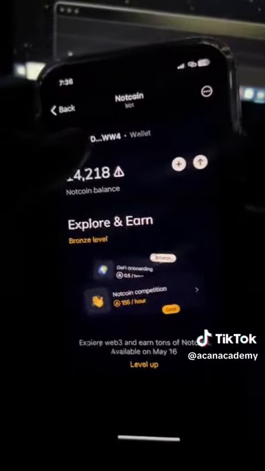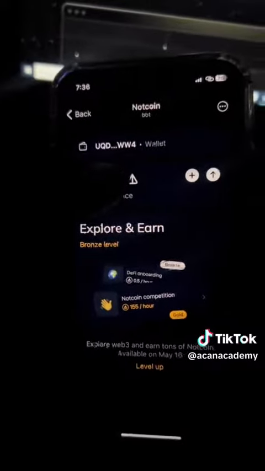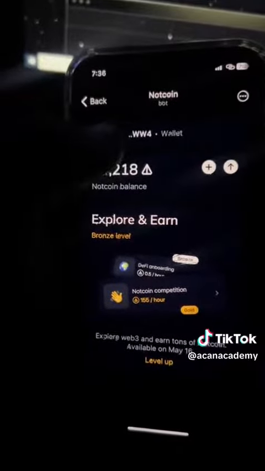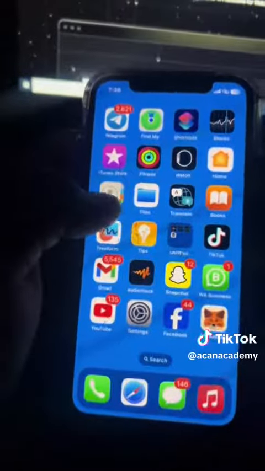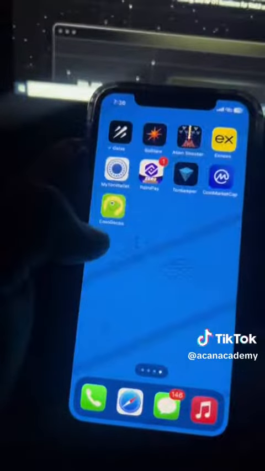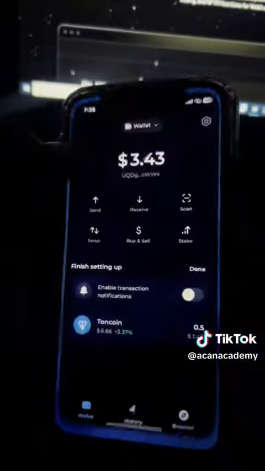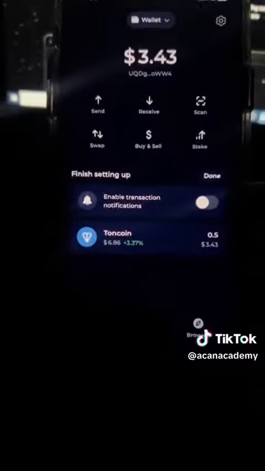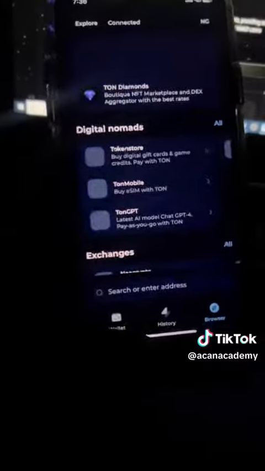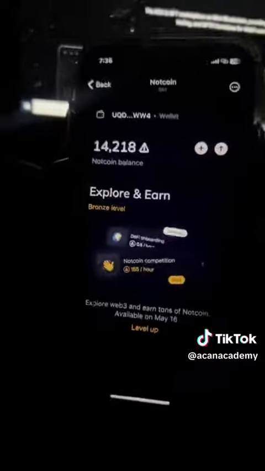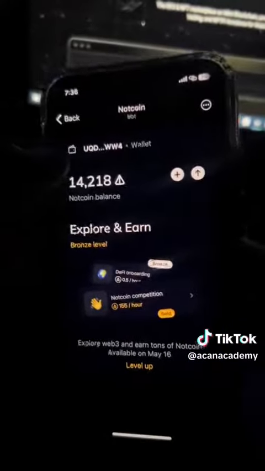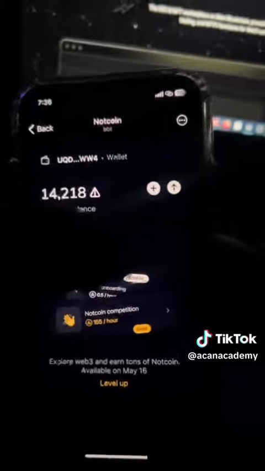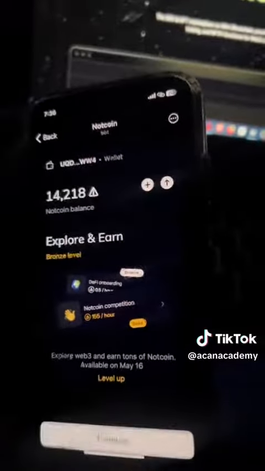What you'll be asked to do is connect your Tonkeeper wallet. You can see that this Tonkeeper has already been connected here. For those of you who don't know Tonkeeper, this is what it looks like. I already told most of my students to download Tonkeeper and set it up because of this airdrop. So if you've already done that, you come to the website, click on Tonkeeper and make sure you connect your wallet. After that, you click on this send button here.